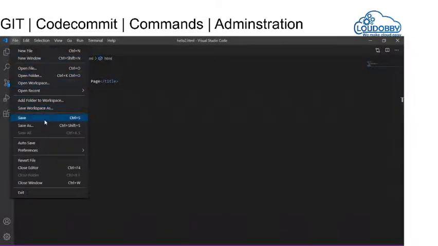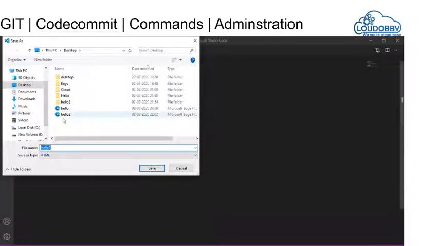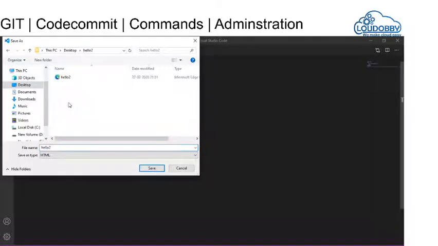So we are going to save this file in the hello world 2 repository.